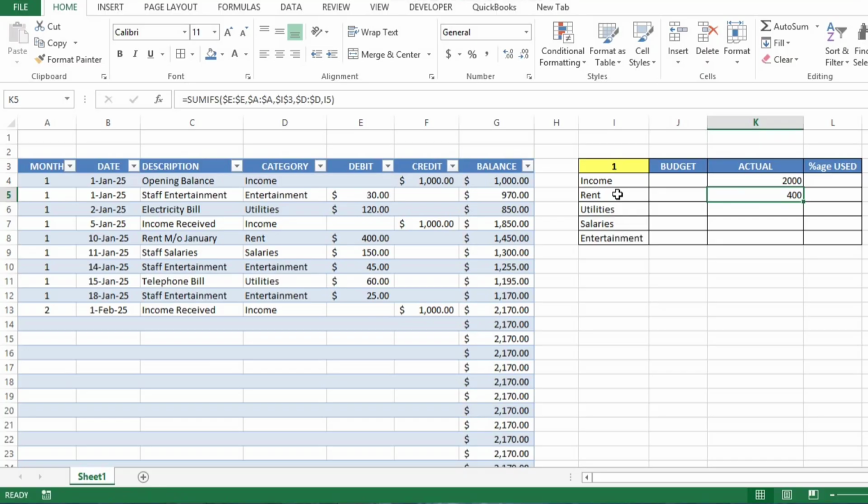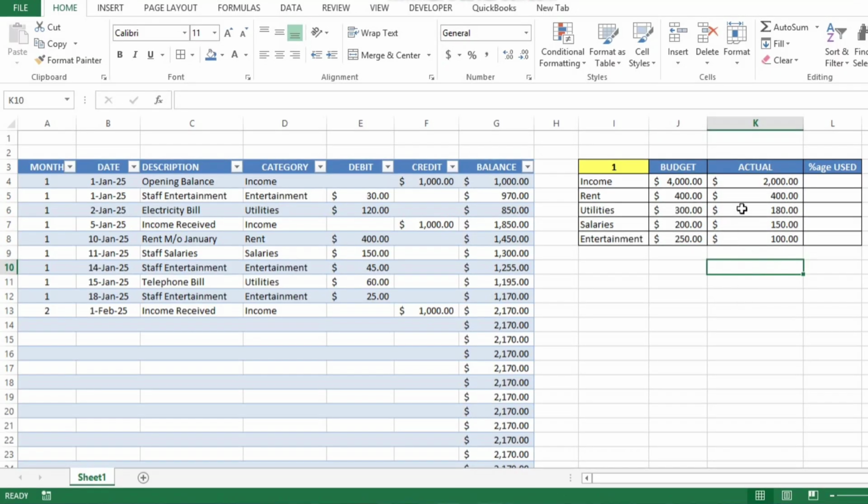इसी तरह बाकी कैटेगरीज के लिए भी इस फॉर्मूले को कॉपी करके नीचे अपनी अपनी कैटेगरी के सामने पेस्ट कर देंगे, लाइक दिस, राइट। अब यहाँ हम बजट वाले कॉलम में अपनी जो वैल्यूज हैं वो भी पुट कर देंगे। ये आप लोग अपने बजट के हिसाब से जो ईयरली या मंथली बजट होता है वो आप खुद डिसाइड करके यहाँ कर सकते हैं। फॉर एग्जांपल हम लोग ये वैल्यूज एंटर कर लेंगे, हमारी बजटेड वैल्यूज। अब हम इस रेंज को सिलेक्ट करके यहाँ डॉलर साइन इसको असाइन कर देंगे, राइट।